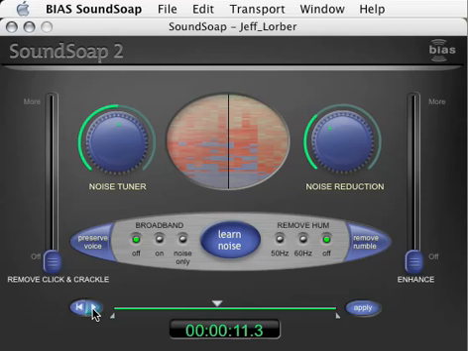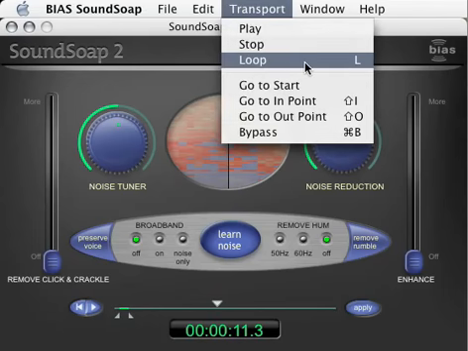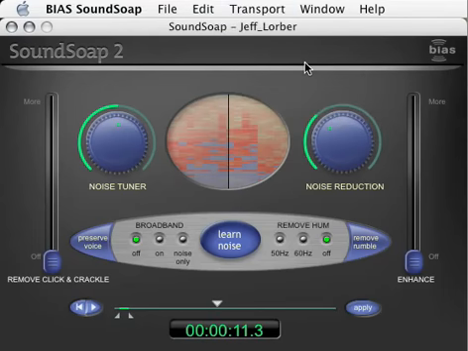unwanted hiss. SoundSoap's Learn Noise feature needs about 2 seconds of just the unwanted noise to accurately create a noise profile. There may be times where there's not a section of 2 full seconds of isolated noise. In these cases, you can use the timeline's in and out point markers to loop or repeat a shorter portion of isolated noise. When using this technique, you simply set the in and out point markers near the boundaries of a short section of isolated noise, turn on loop mode, and then learn noise while playing the file in loop